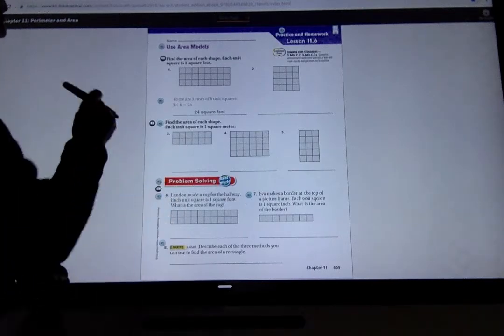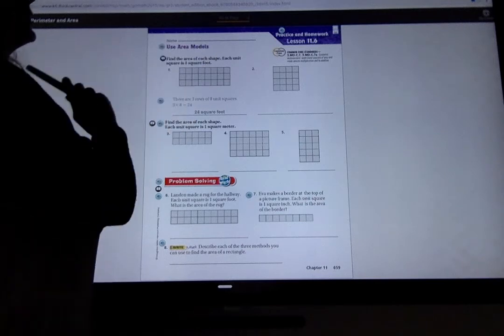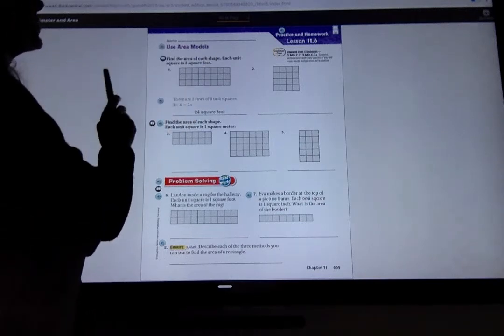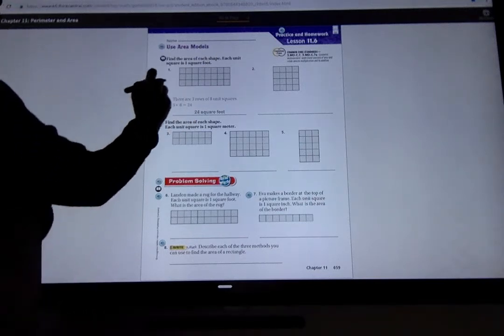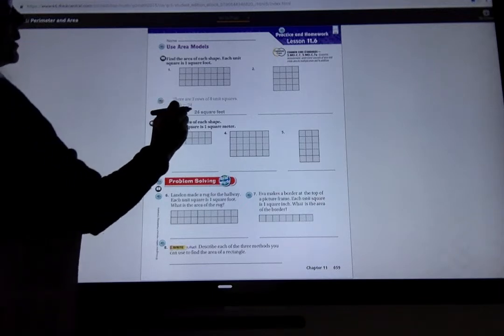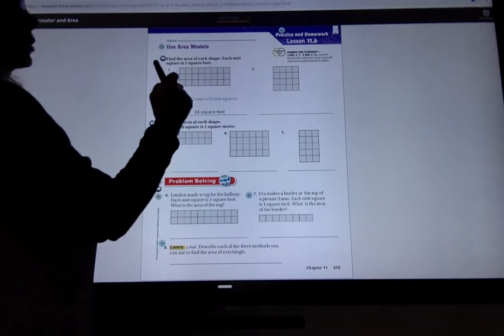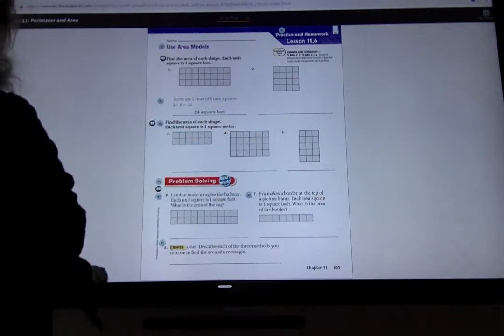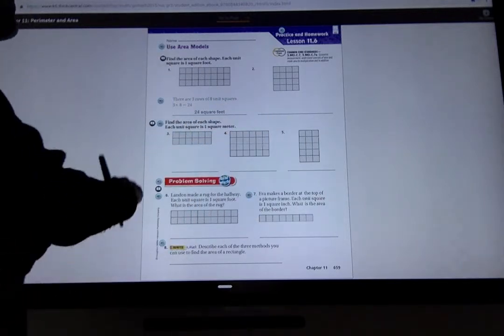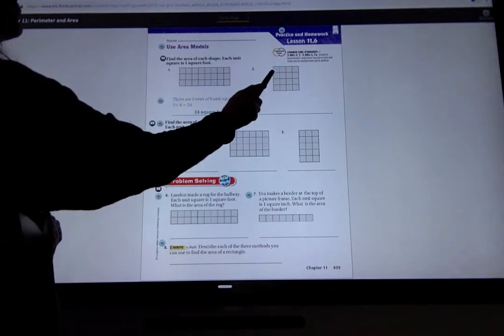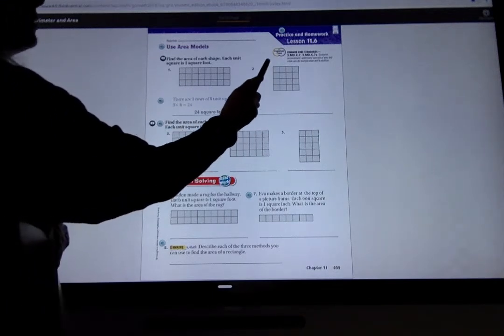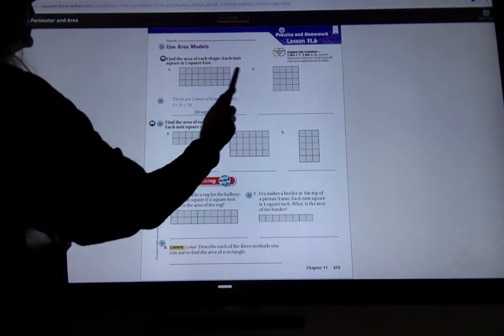Okay, so in the first one it says find the area of each shape. Each unit square is 1 square foot. So I do want you to notice that when we use area, we label it square foot or square unit or square meter. So you're going to count, do repeated addition, or multiply to find how many,